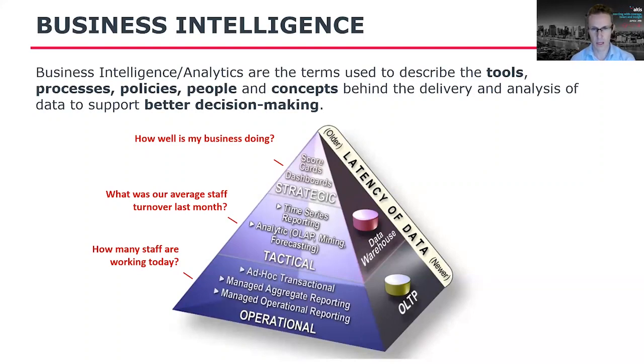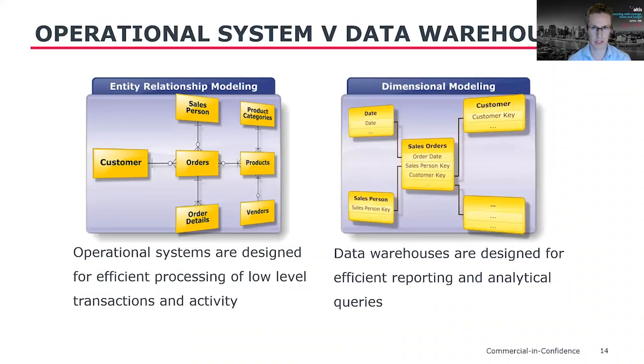So the reason why I've wanted to call that out is when it comes to modeling data, our operational systems and our data warehouse typically model data in a different manner. From an operational system point of view, the data modeling technique that's used there is typically entity relationship modeling, and its premise and design is around storing the data as efficiently as possible. It typically is capturing low-level transactional activity, and so it's all about getting the data in as quickly as possible. They're not typically designed for getting the data out.